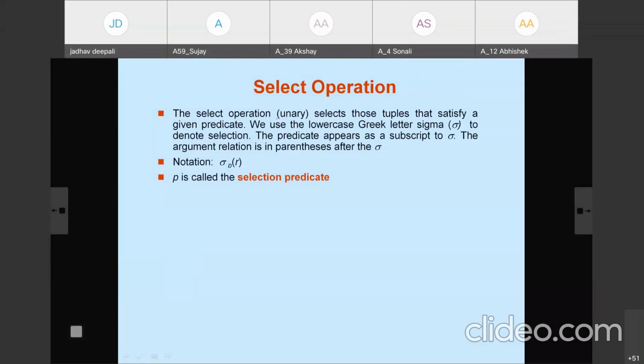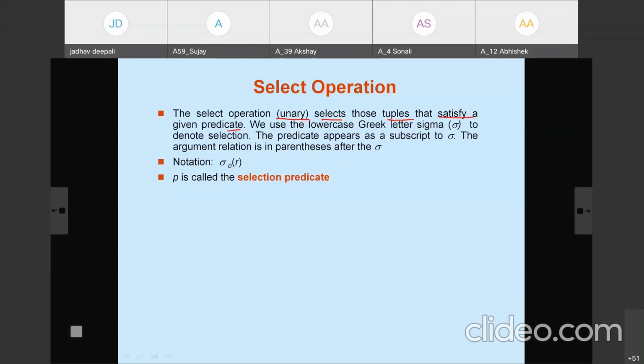It is a unary operation, meaning it takes a single relation as input and selects only those tuples that satisfy the given predicate. Predicate means constraint.